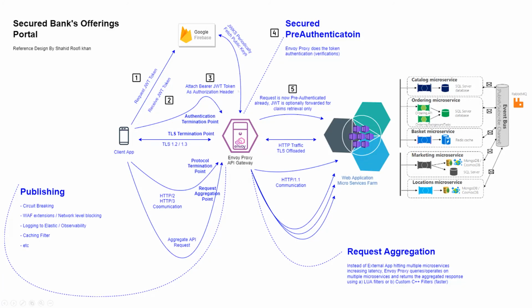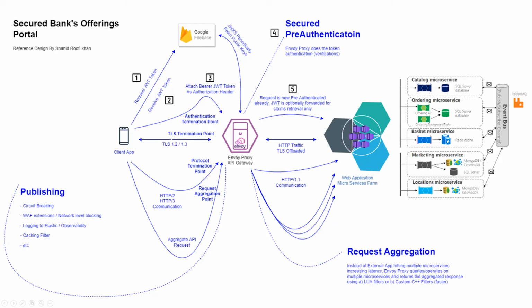Basically, as you can notice, the API gateway, as always, is in the front to face all the public traffic, and then inside we have the microservices architecture that I'll be explaining, and in the front you have a client application. I have a short demo also on how the authentication is getting terminated at the EnvoyProxy API gateway level. That's the most important use case, because the API gateway level is basically the authentication termination point, where the authentication completes